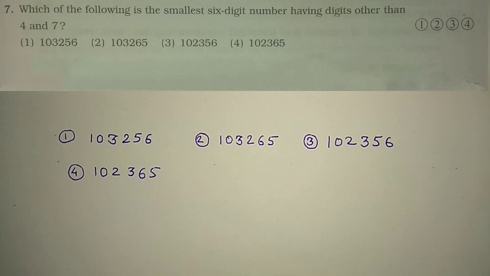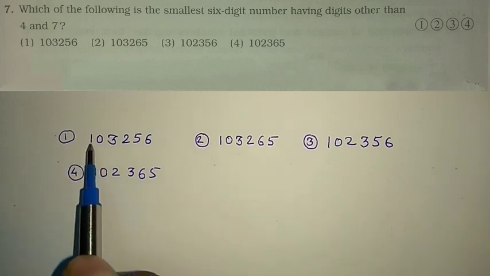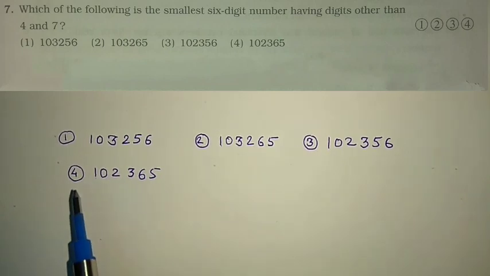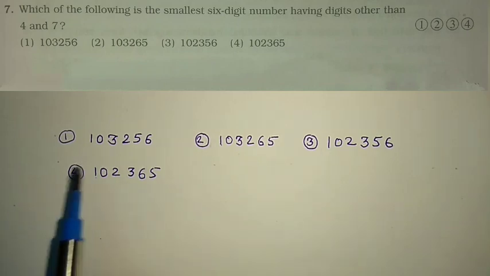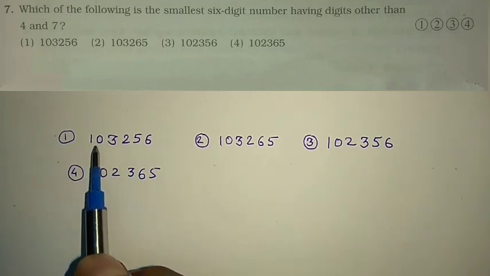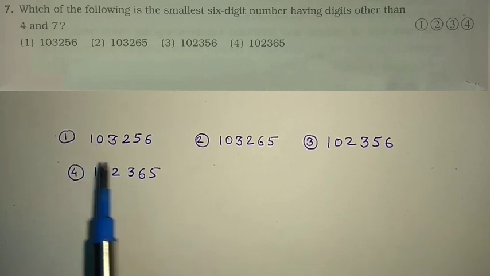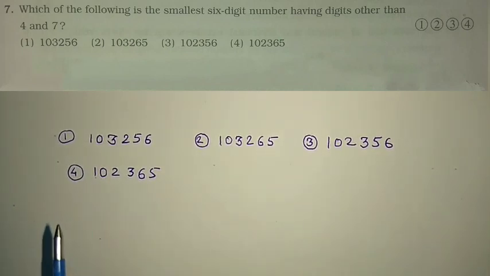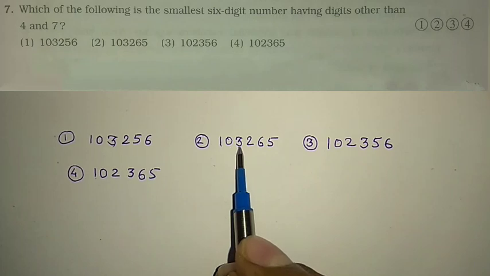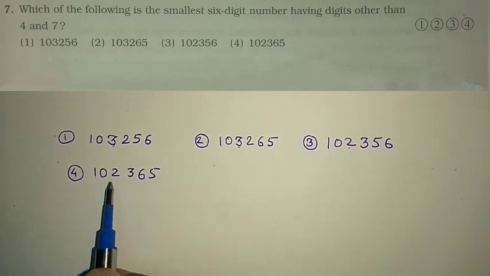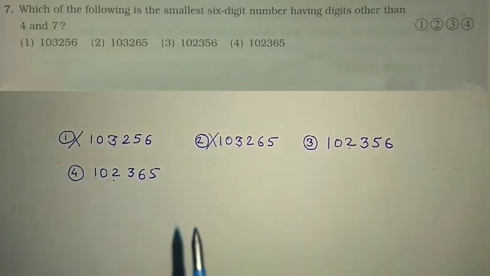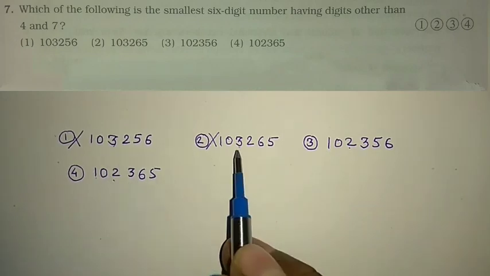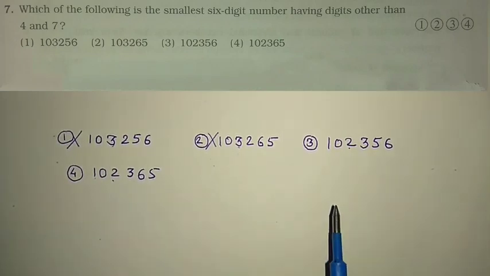First we will check the first digit. Here also 1, 1, 1, so the first digit is the same. At lakh place all the numbers are 1. Then we will go for the second digit, at 10,000 place: here 0, here 0, here 0, here 0. After that we will go for 1000 place: this is 3000, this one also 3000, this one is 2000, this one also 2000. So the possibility of these 2 numbers is not here because they are 3000, and these 2 numbers are 2000. Now we have to check only these 2 numbers.